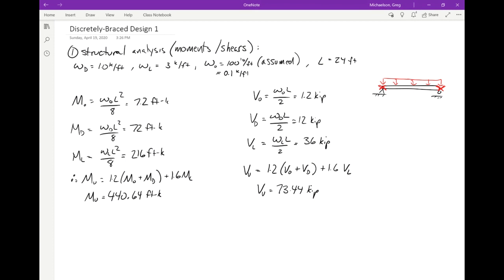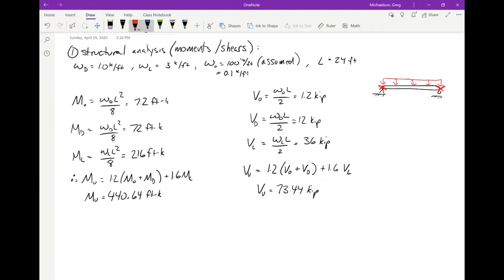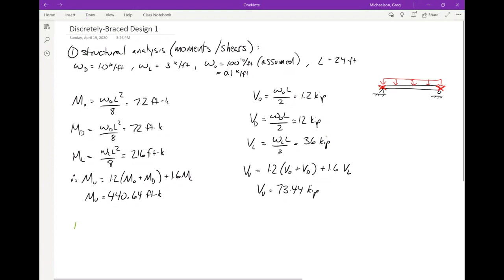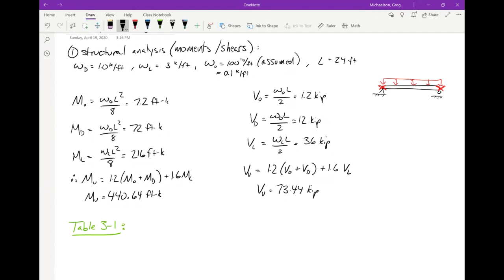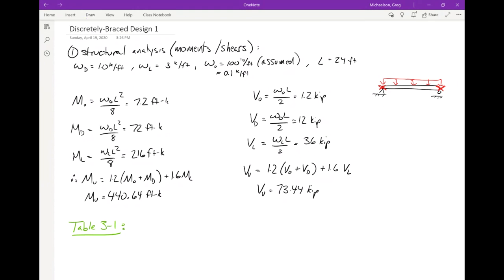We also did that one on a homework assignment. Everybody got a CB value for me? 1.14, exactly right. So from table 3-1, we get CB,